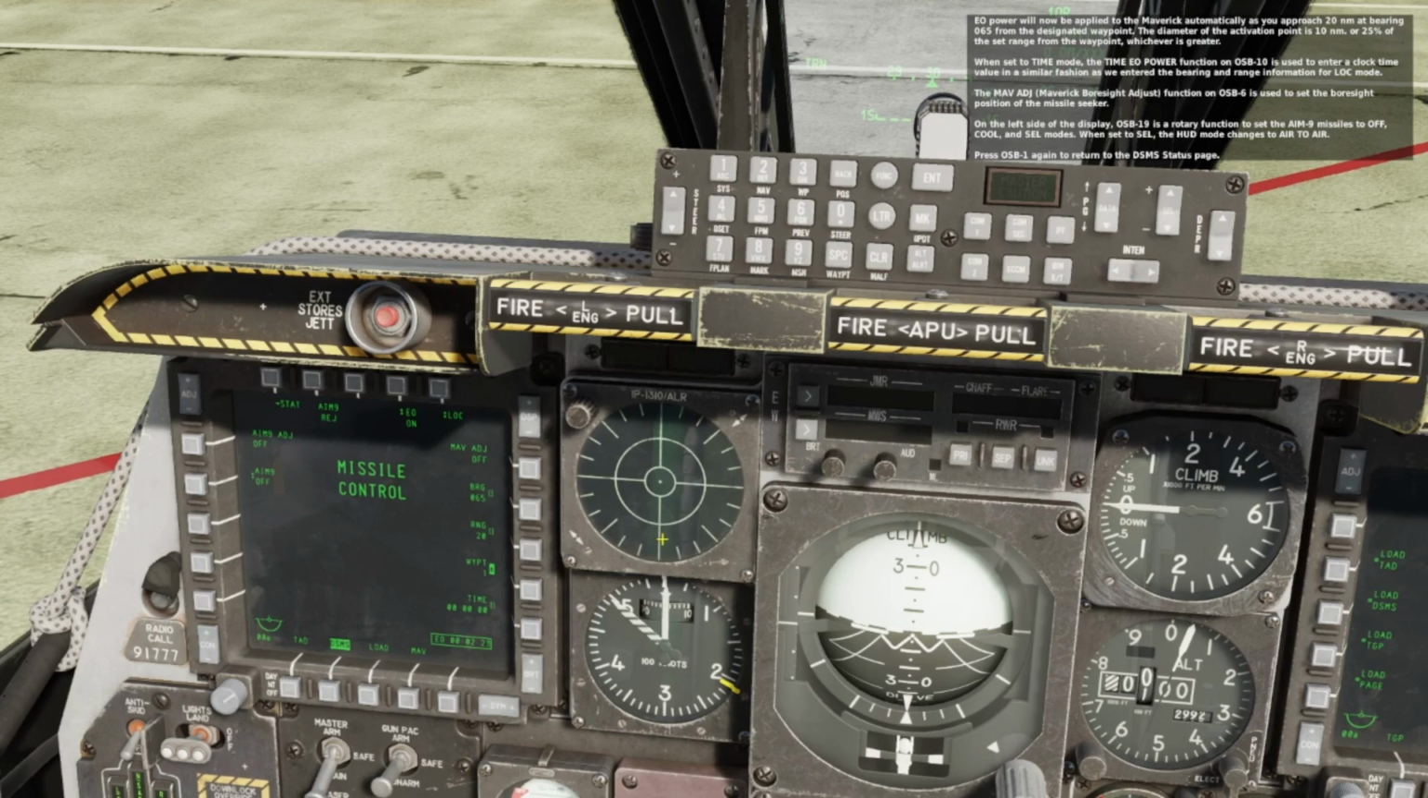When set to time mode, the time EO power function on OSB 10 is used to enter a clock time value in a similar fashion as we entered the bearing and range information for location mode. The Maverick bore sight adjust function on OSB 6 is used to set the bore sight position of the missile